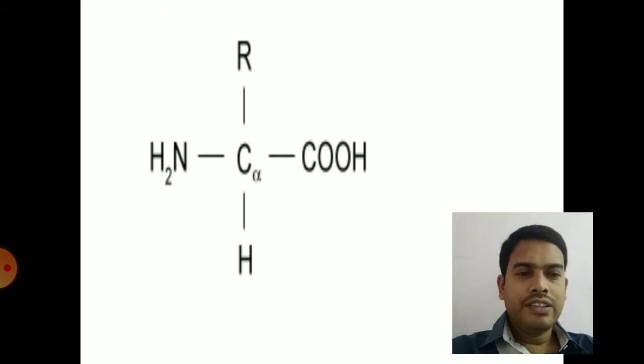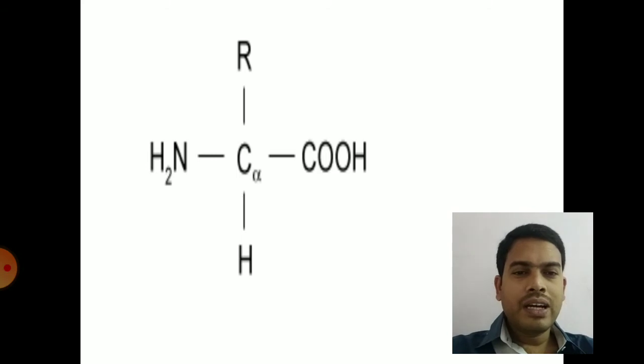So if you see the definition, amino acids are called the building blocks of proteins. They make proteins, hence they are called building blocks of proteins. If you see the central carbon atom, here it is called an asymmetric carbon atom if the R group is different from the rest of the groups. That means if the R group is different from the rest of the carboxylic, amino and hydrogen atom, then carbon atom C is called an asymmetric carbon atom.